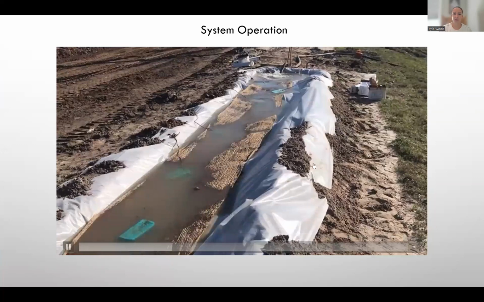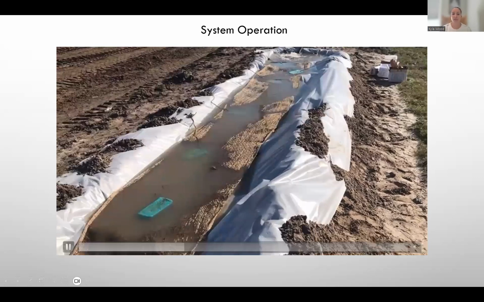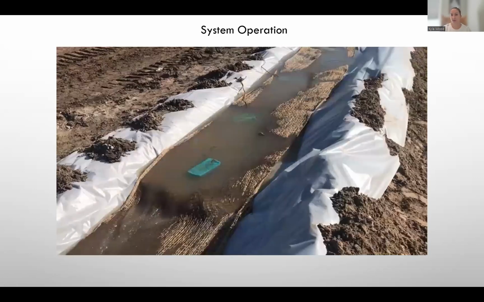So this is a good question. I'm going to see if this will keep playing. The question was, after an application and a successful treatment, would you attempt to remove the flocs after they settle or leave them? And so what we would do is, say we have a sediment basin on a project,